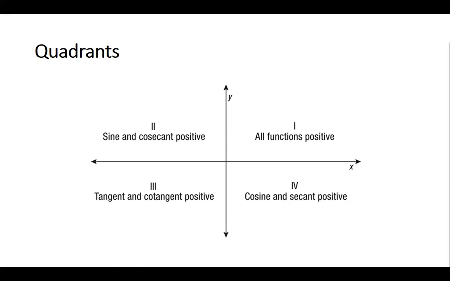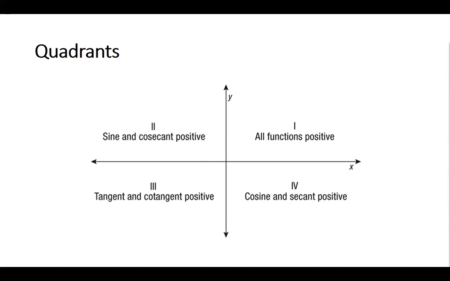Now, the easiest way that I've found to memorize these quadrants and which trigonometric functions are positive in them is simply: All Students Take Calculus. All functions, students, sine, take, tangent, calculus, cosine. All students take calculus. And that tells you which of the main trigonometric functions, sine, cosine, and tangent, are positive. That means all other ones